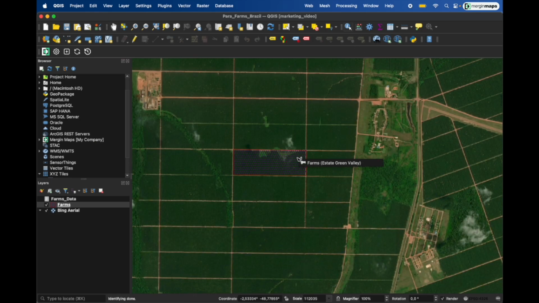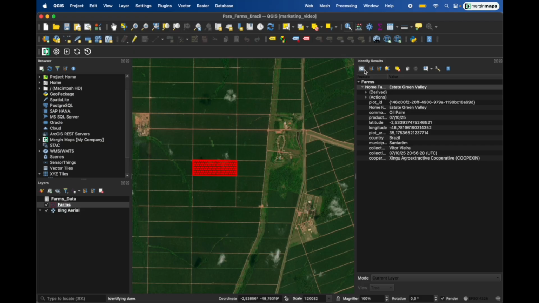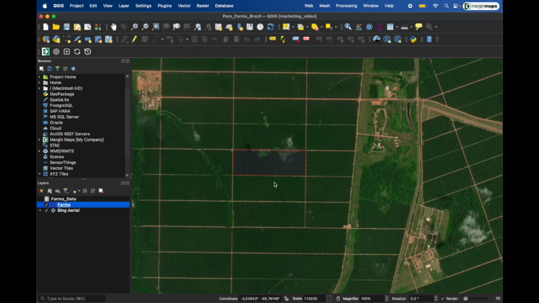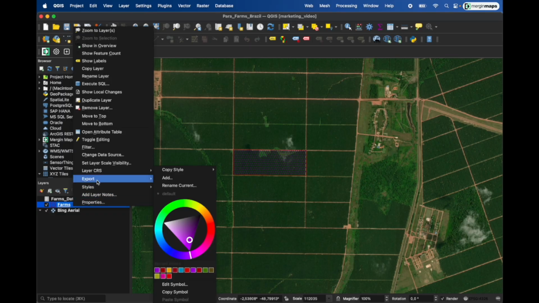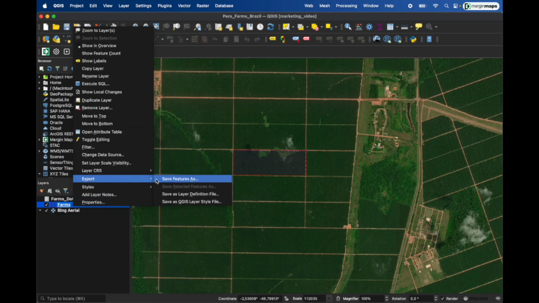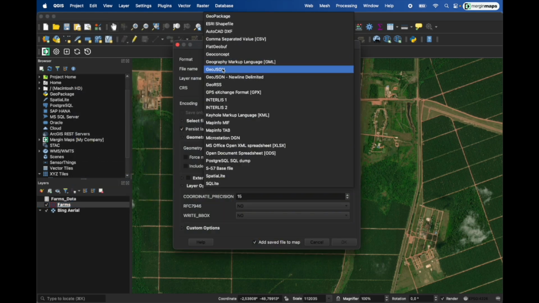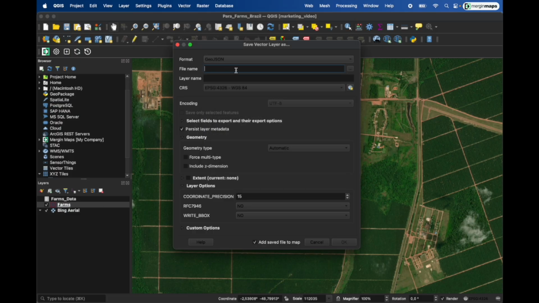If we click to see its attributes, we can find the exact same information we've added in the mobile app here in QGIS. The final step of this tutorial is to export your plots layer as GeoJSON, which is the format required by EUDR. To do so, let's right-click Forms layer, then go to Export, and click on Save Features As. Here, for format, we select GeoJSON, and for file name,